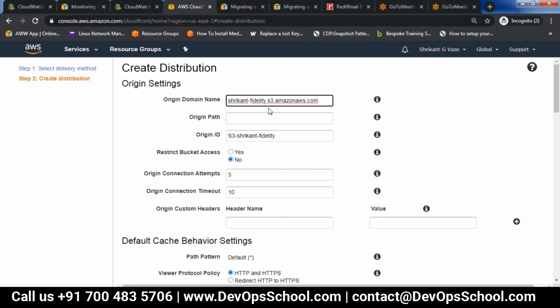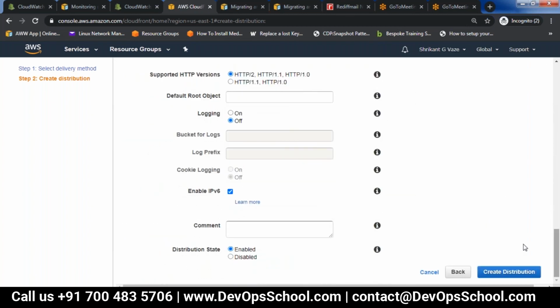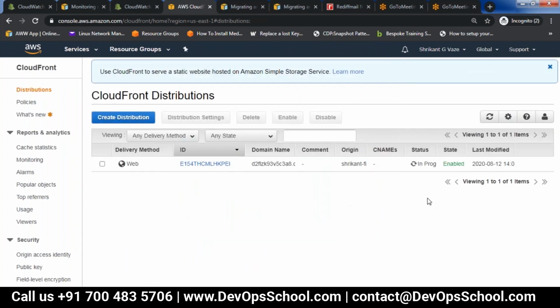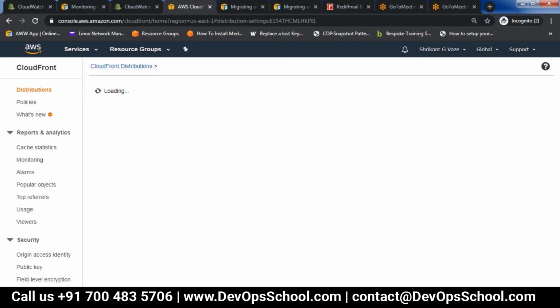Srikanth Fidelity is the name. There are a lot of settings. We will not be going into those details in this course, but I'm just going to create this distribution. Okay, so this is in progress. That will take some 10 minutes time to actually distribute, to pull the images and cache it. So once it is available, what we will see is,